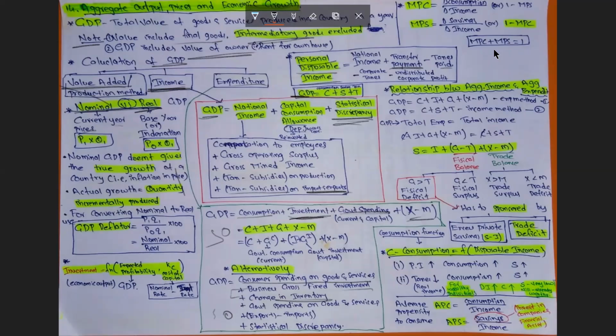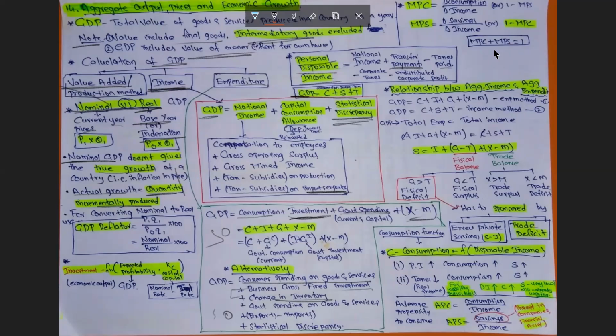So what we do in real GDP is we take a base year, or indexation should be done, in order to compare the previous years with that of the current year. So how is our real growth in our economy? Nominal GDP does not give a true growth, because inflation, a change in price, will also lead to growth in GDP, but it is not true growth. So what we need to consider as actual GDP is the quantity produced incrementally.